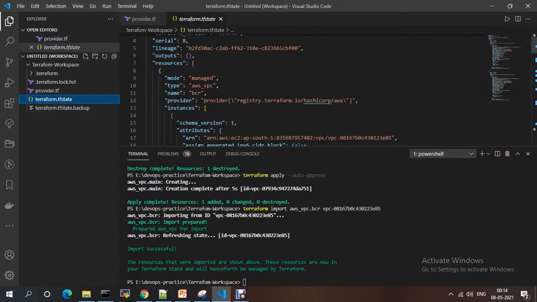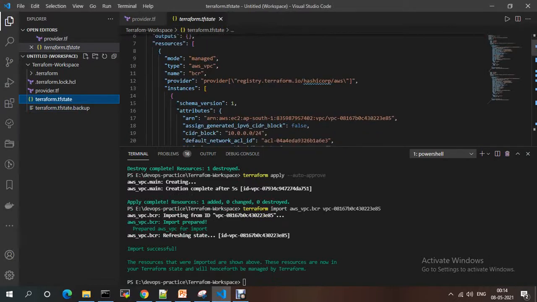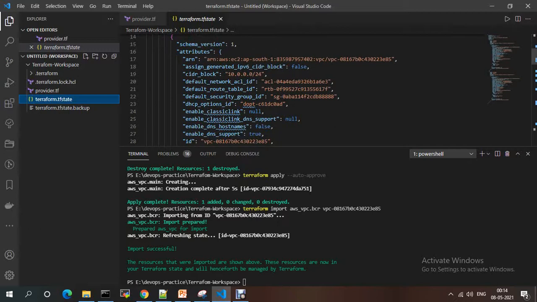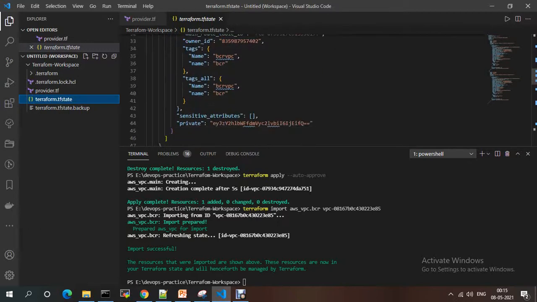If you go to the Terraform state file, you have two resources, the CIDR block, this one, version 1, and this one. Everybody will use this Terraform.